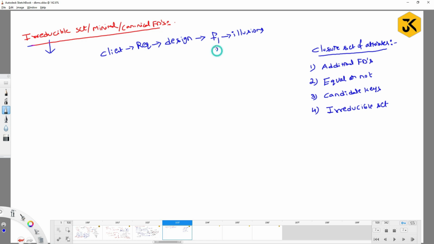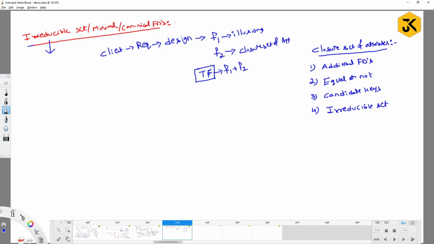And F2 is a set of functional dependencies which I can get through various kinds of formulas, or through closure set of attributes. Am I right? And the total functional dependencies I can call F1 plus F2. So these are my final functional dependencies which are required for my